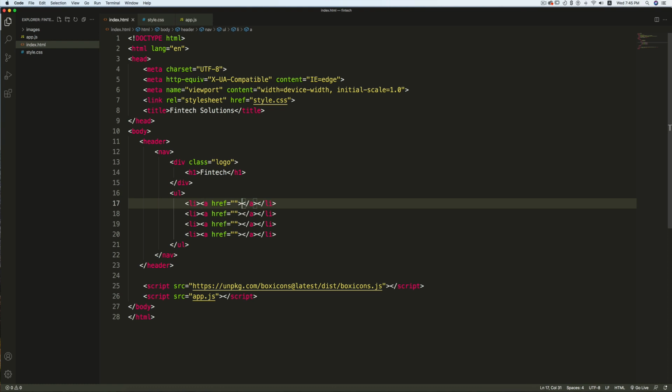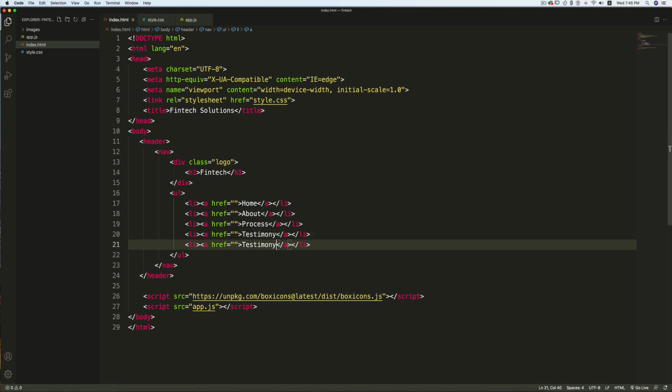Now inside the A, first I'm going to write home, then about, then process, then testimony, and finally, once again copying this, contact. So this is the HTML markup for the header section.